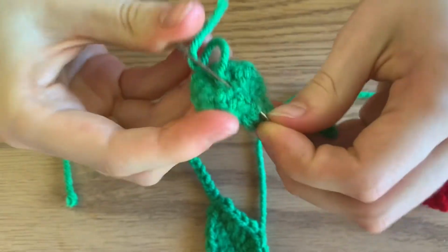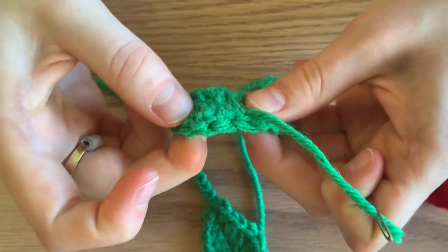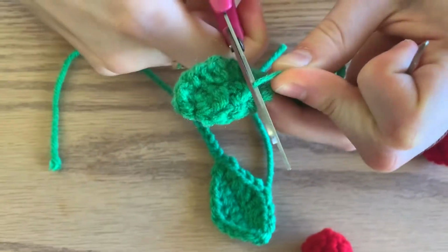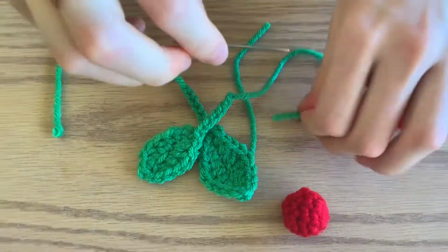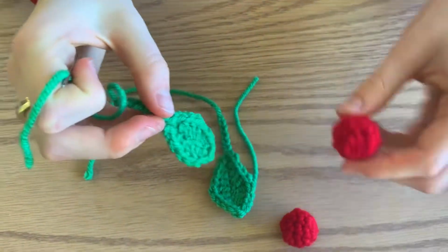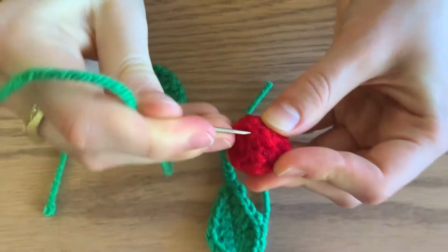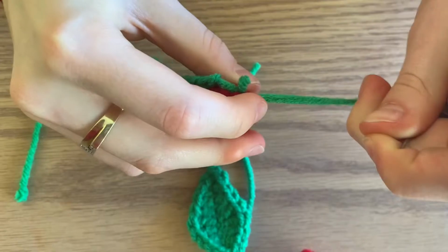There we go, that's good. So now that that's done, make sure it looks right from the front. And then snip your yarn. So now what you're going to do is put your needle on the other piece of yarn that's at the end, and you're going to grab your cherry. So this is where we started, and you're going to put that at the bottom, and this is where we ended. So you're going to go under a piece of the stitching, pull through,